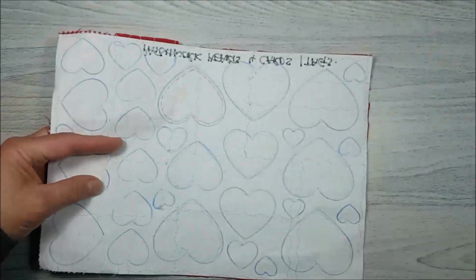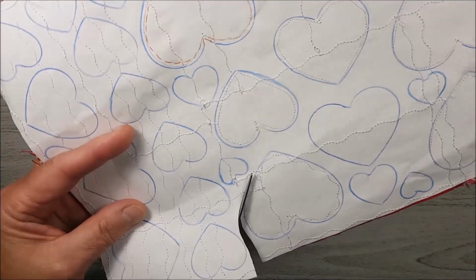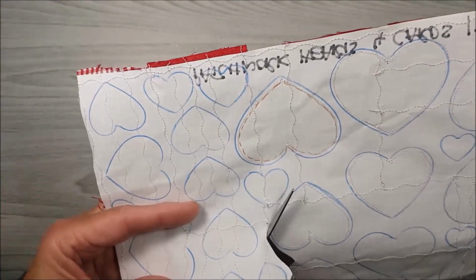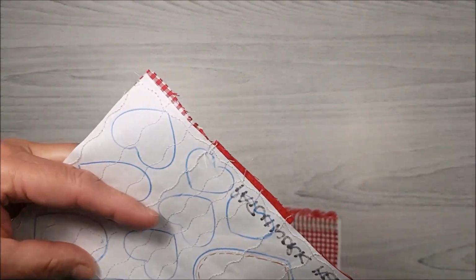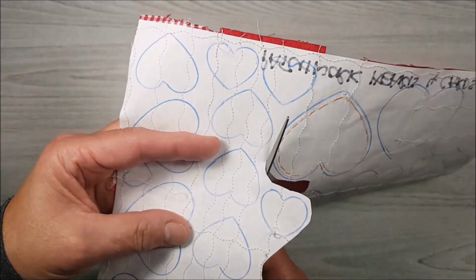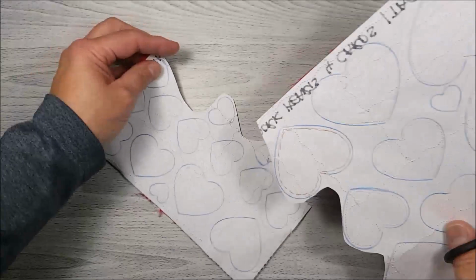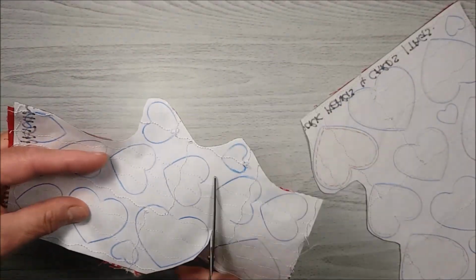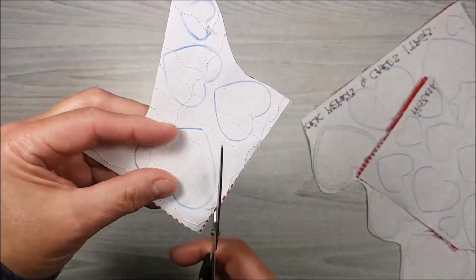Okay, so let's have some fun. First of all, I'm just going to loosen some of these off, because it does seem to be a bit awkward always to cut with a huge piece of paper. And I know when I was teaching decoupage, I used to watch people struggle to cut out things, because they would start at one end of the paper and need to get to the other side and not really think about loosening things off. So just to demonstrate and show you what some of these look like, let's cut this